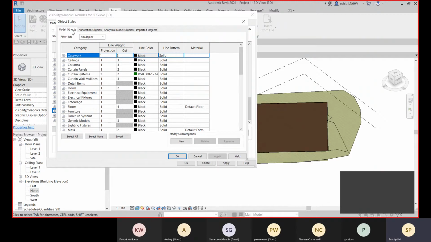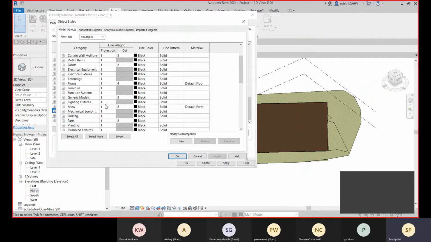So here you can see for all the model objects we have these things for line weight, projection and cut. The projection, you understand that it can be seen in elevation or section or in 3D view. And this cut option you generally see in the plan view.